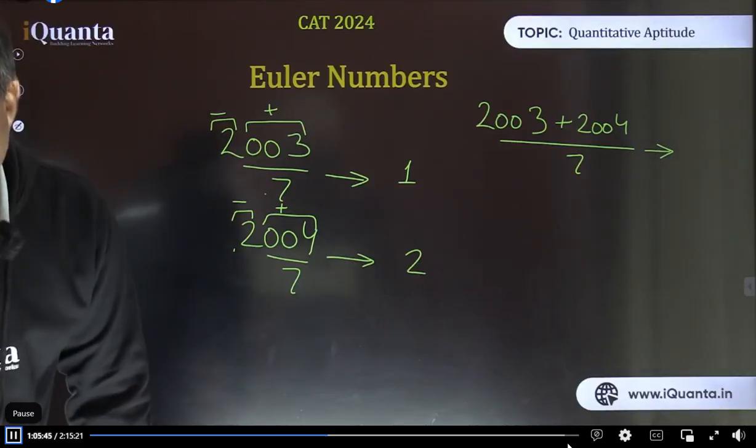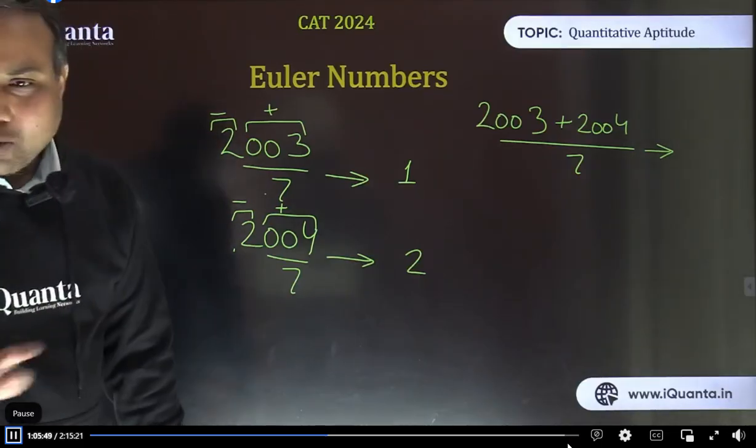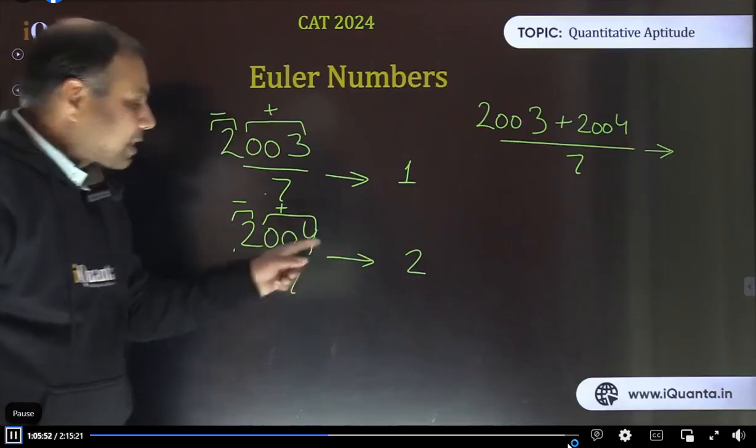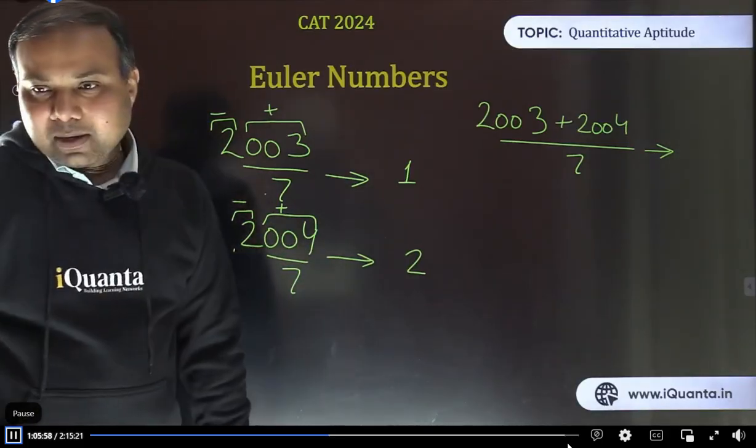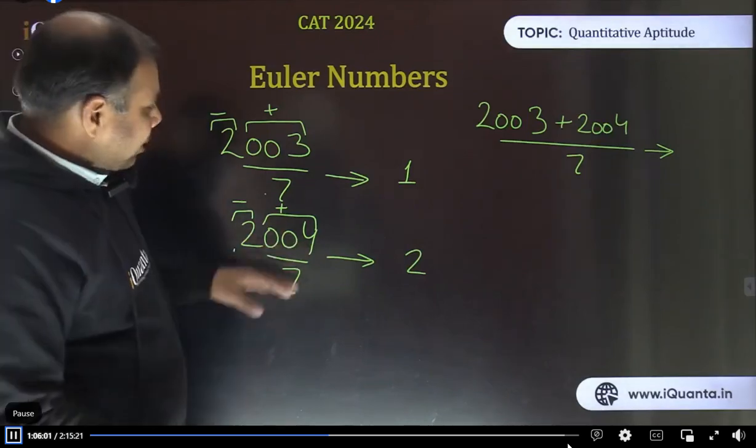Doubling the digit method does not give the remainder. Some of you are writing that. That's why I said don't go by that method. If you are doubling the last digit and subtracting from the remaining, we do not get the remainder. So don't use that. Don't be confused in this. That's why it's better to use these methods.